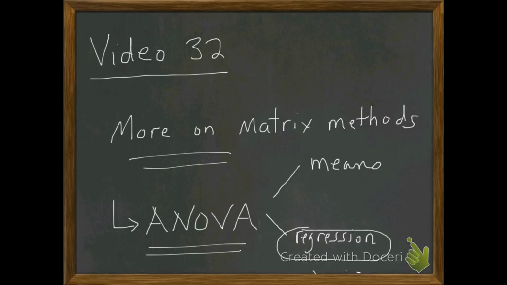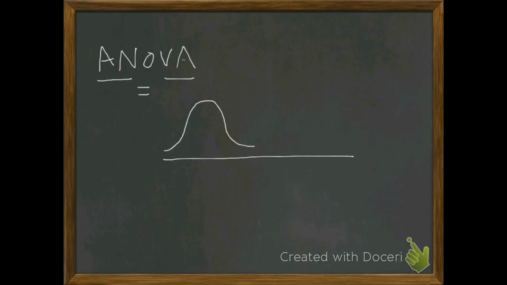The difference is this. Let's just go back to what ANOVA stands for. It's an acronym for analysis of variance. So analysis of variance gives us a method for analyzing the variation in our model. So guys, if we're interested in taking population means and drawing a sample from each one,